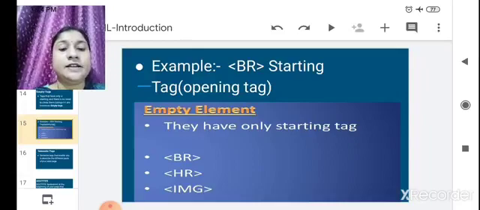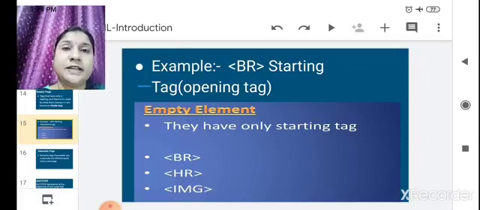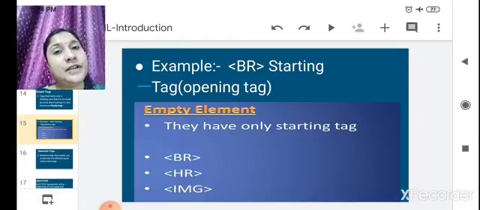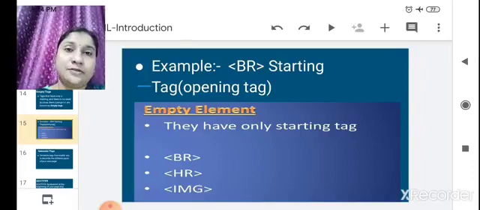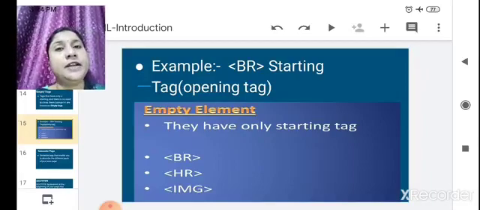Then we learned about HTML elements, that HTML tags have two categories, the container tag and the empty tag. A container tag contains two tags, the opening tag as well as the closing tag, while an empty tag contains only one tag, the opening tag.